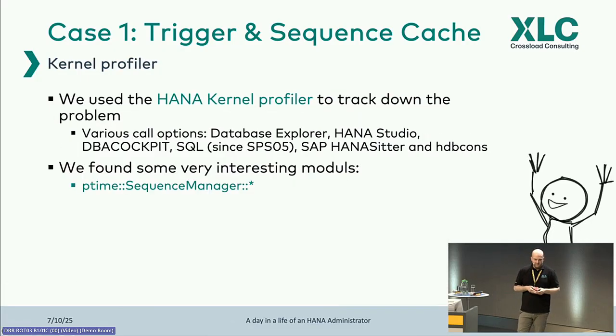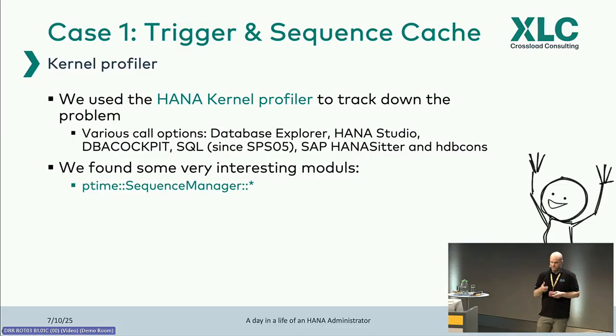And the next idea was, why not use the HANA Kernel Profiler? So you can use the HANA Kernel Profiler, as the name says, to trace all the actions which the HANA kernel is doing to execute your statement. Until SPS4, I called it mostly via the OS level. But since SPS5, you can simply use SQL commands to call the HANA Kernel Profiler